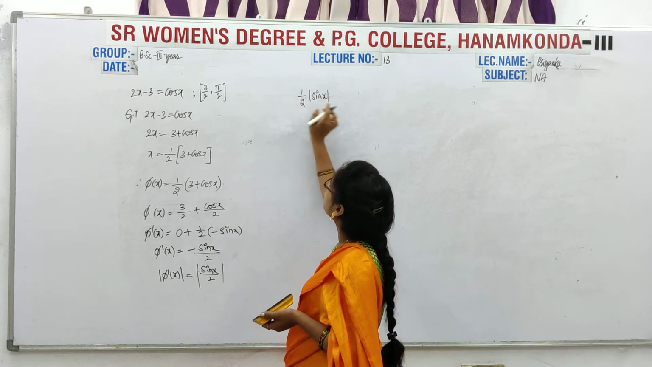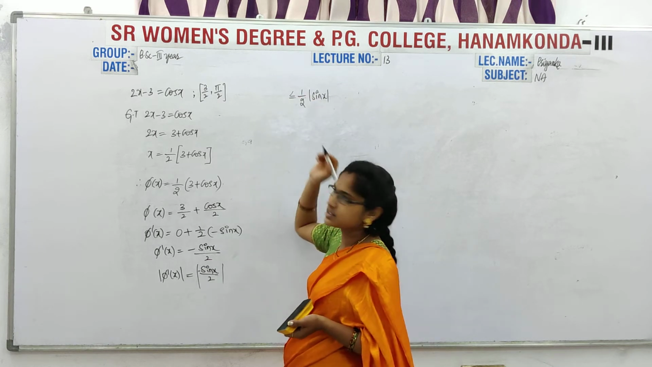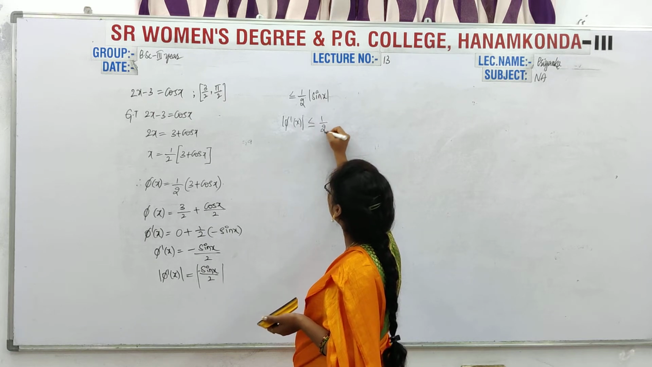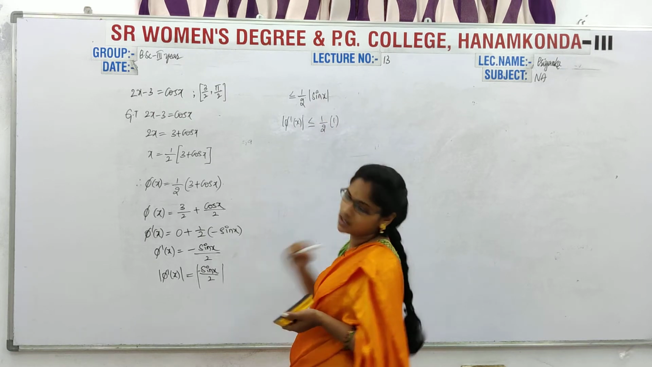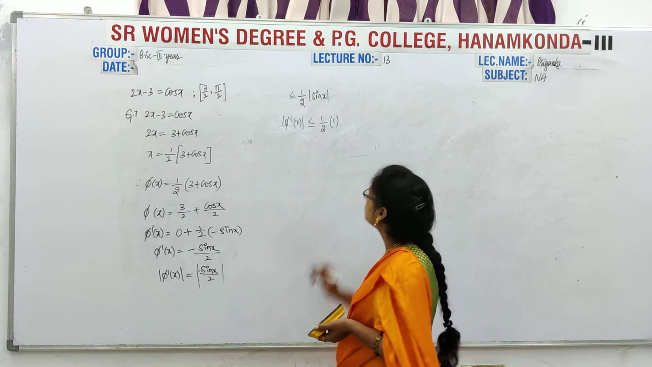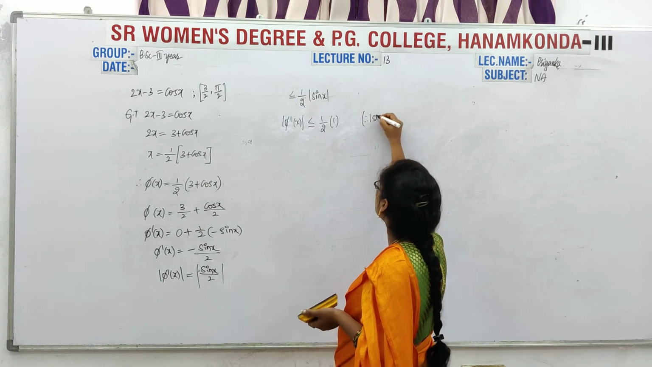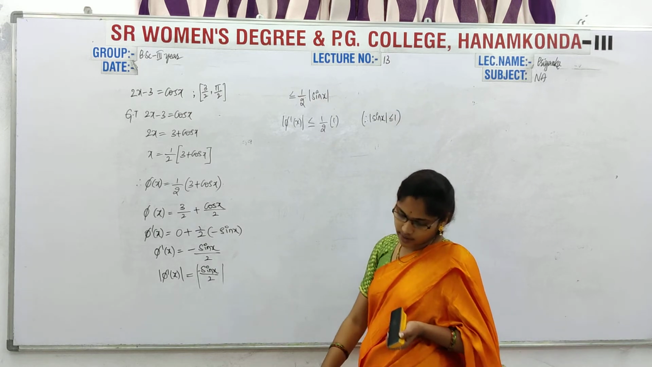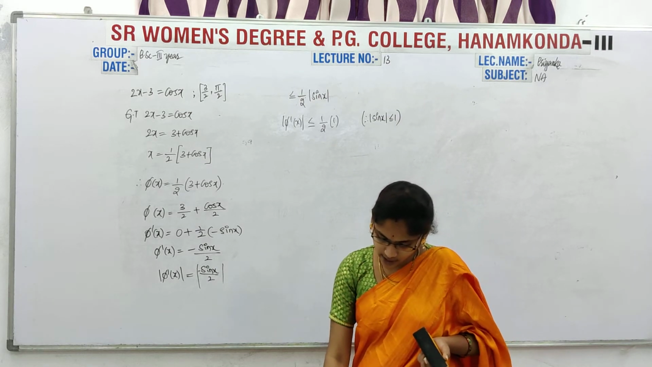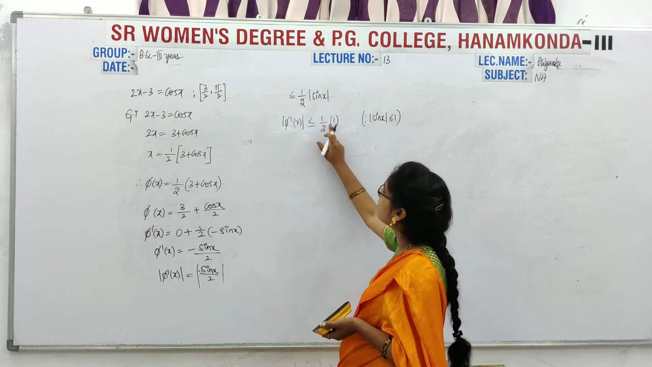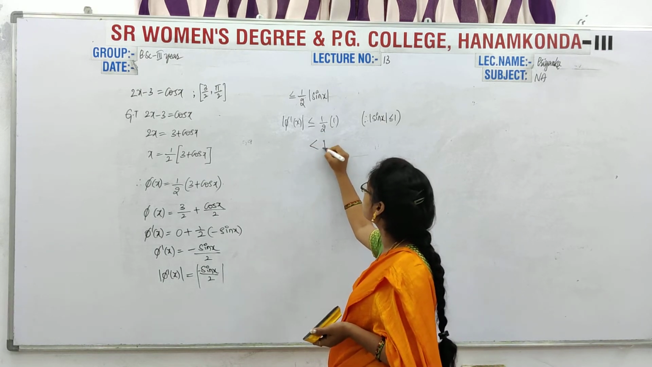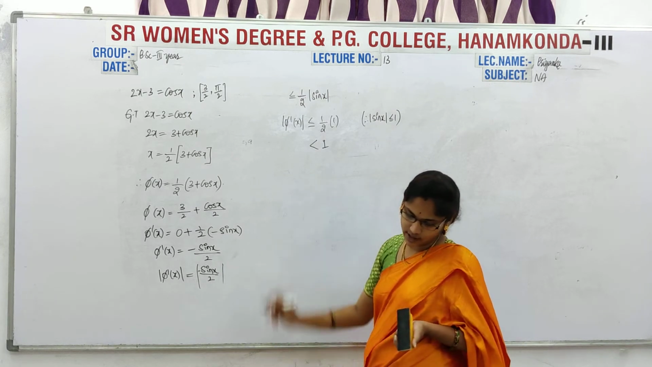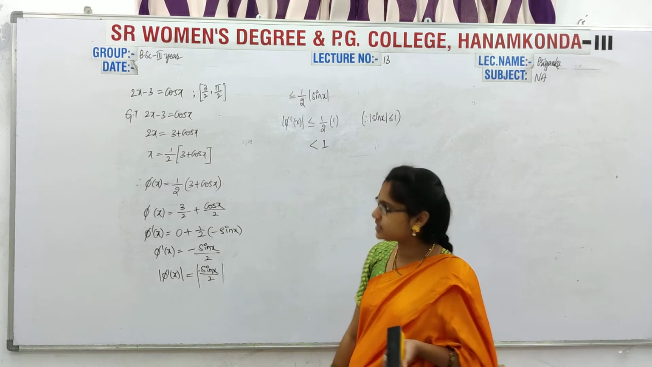When we are taking the modulus of sin x, we will get that φ'(x) is less than or equal to 1 by 2, and we know that |sin x| is less than or equal to 1. So simply here I substituted it as 1. Now here 1 by 2 means can I say that it is strictly less than 1? Yes, we can. Therefore here φ'(x) is